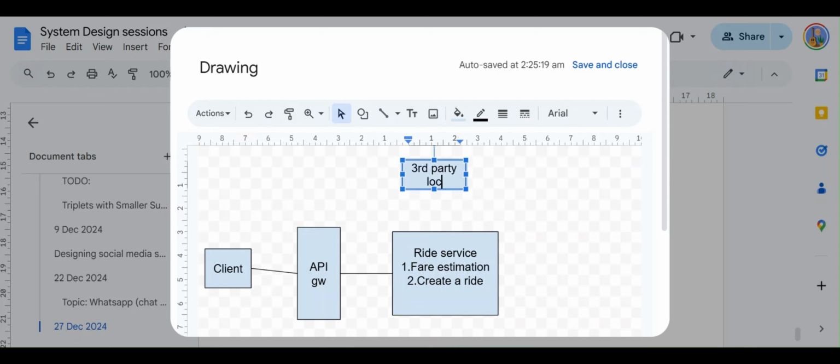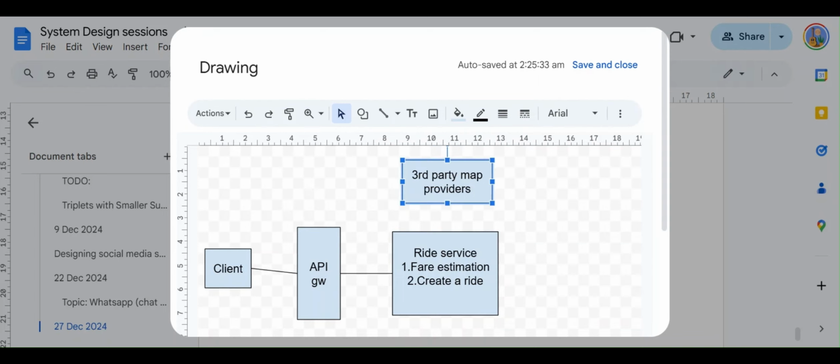Third party location providers, or third party map providers. Okay, so this is what's being used by this, so we'll just connect it to this.